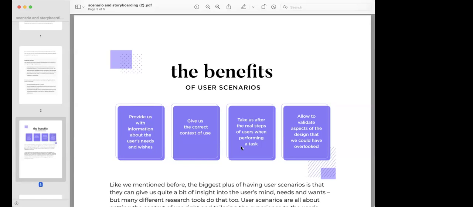ऑलराइट, तो बाद में चल के स्टेप्स चेंज भी हो सकते हैं, that is not an issue, but we have to just evaluate कि अगर ऐसा ऐसा इंटरफेस है, तो क्या प्रॉब्लम्स आ सकती है, क्या आइडियाज अपन दे सकते हैं, all we are evaluating that. So this is like a real step, and then next benefit we'll be getting is it allows us to validate aspects of a design that we could have overlooked।